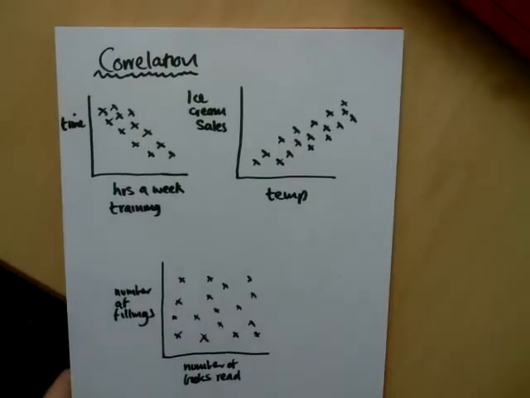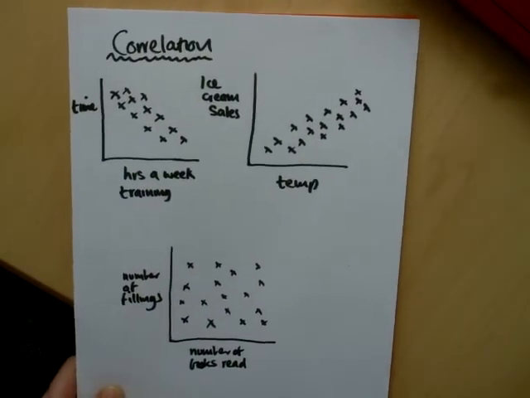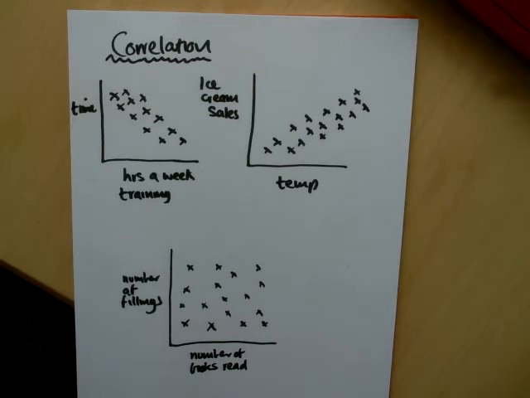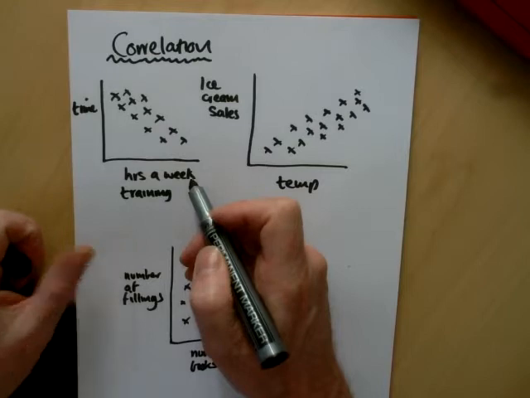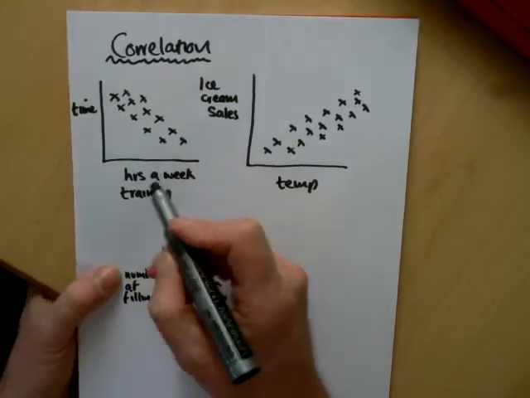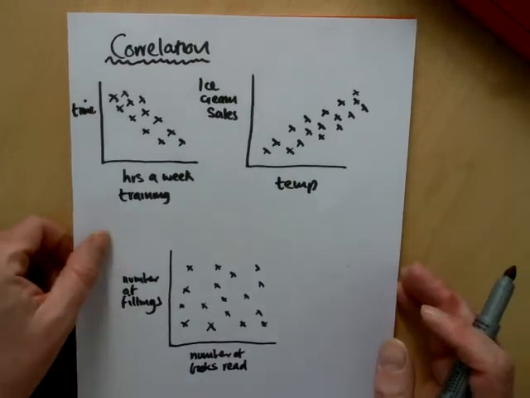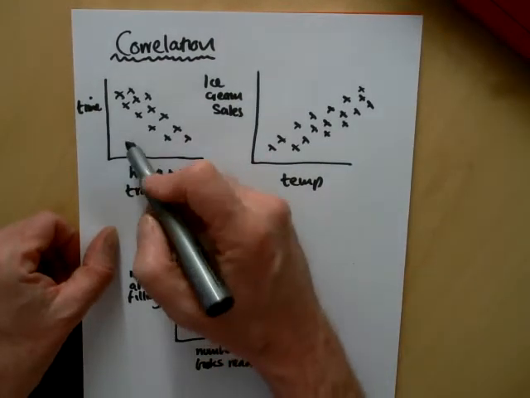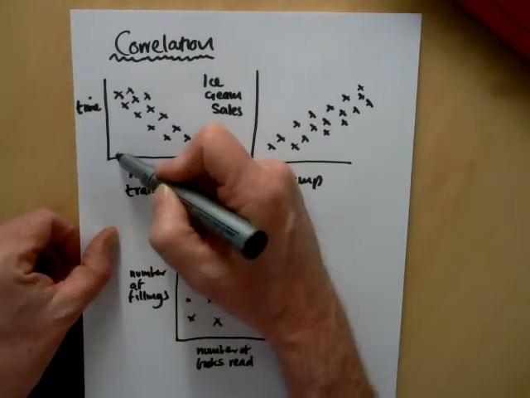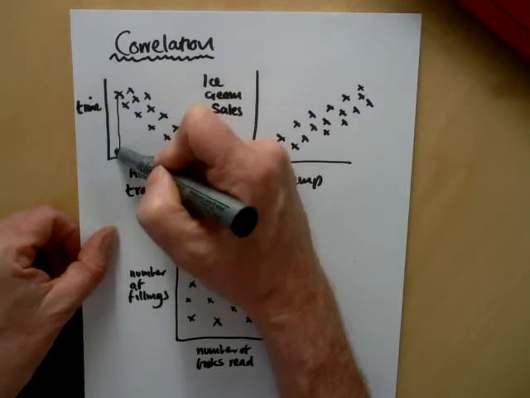So I'm going to show you different types of correlation and how to interpret them. If we look at our first diagram, we've got the hours a week a person has been training for a running race against their time in, say, the marathon. And what we can see is that for people who didn't do much training, say this person here, then they've